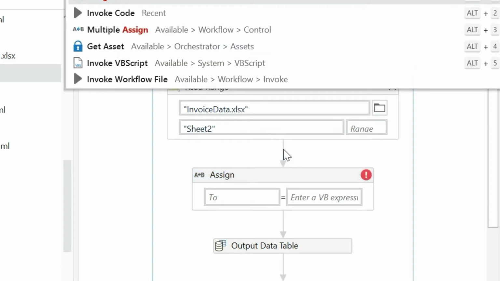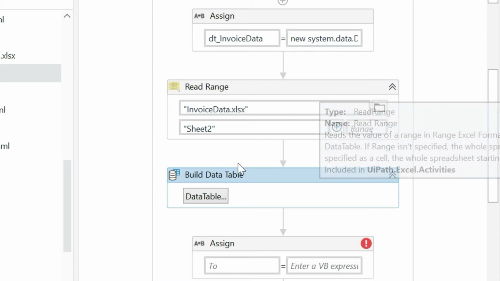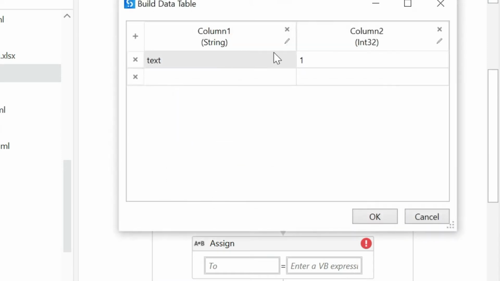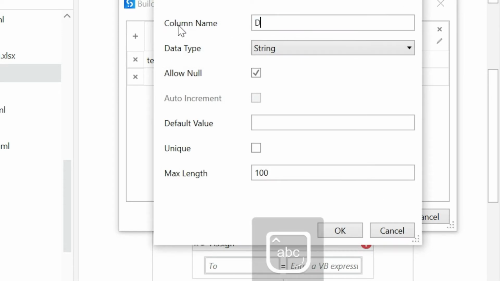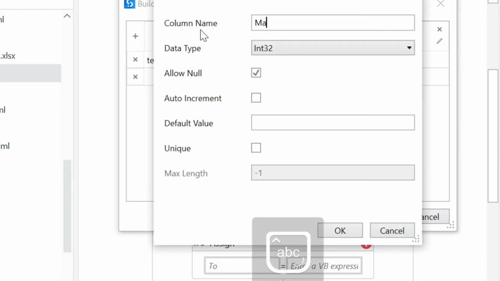Before that, I am going to build a data table to collect the department and sum value. I will rename column 1 to Department and column 2 to Maximum Amount.